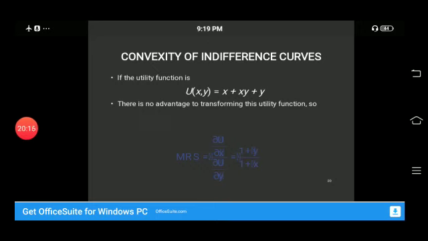If the utility function is x plus xy plus x star, what would ∂u over ∂x be? When you are taking it with respect to x, you only have to look at the variable x. So the first term's derivative is 1, the second is 1 multiplied by y, and the third, y is treated as a constant, so it becomes 0. So 1 plus y plus 0, then 1 plus x, because now we are taking it with respect to y, so x is constant, and the derivative of a constant is 0. You take the derivative with respect to the variable you are working with, and treat the other variables as constants.